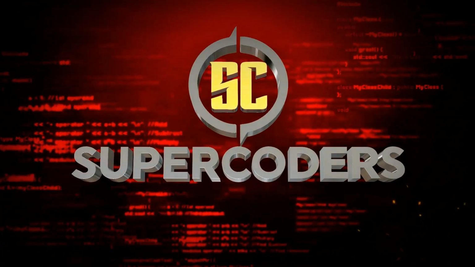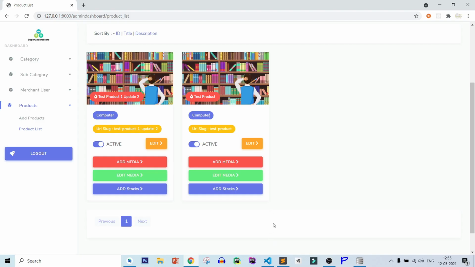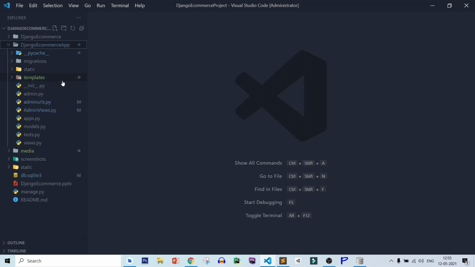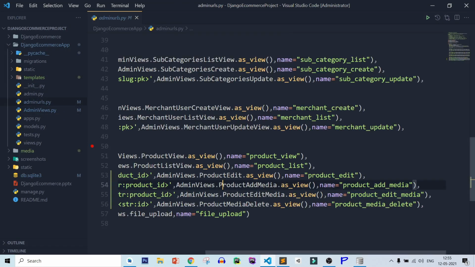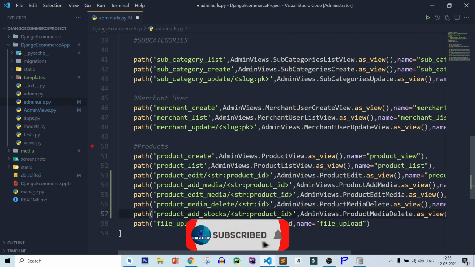So let's get started. First, back to VS Code, open your app, open admin URLs and copy the same URL for delete and paste here, product add stocks, str product underscore id.